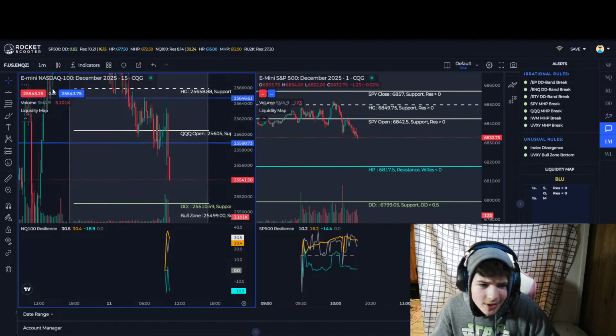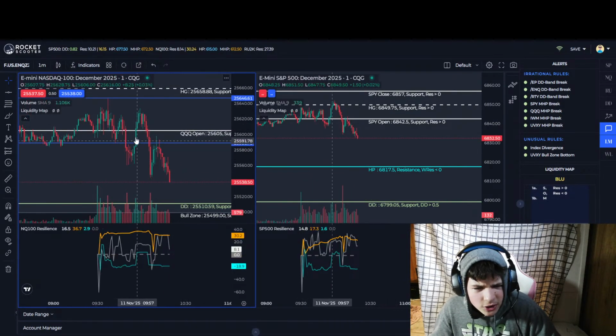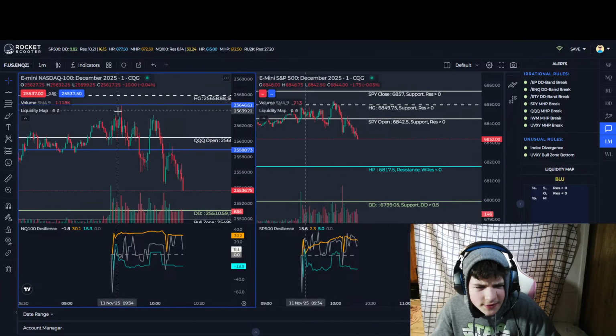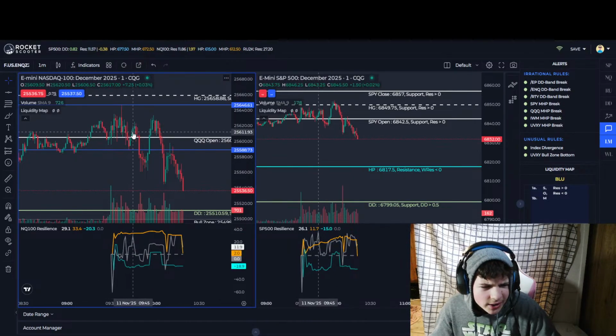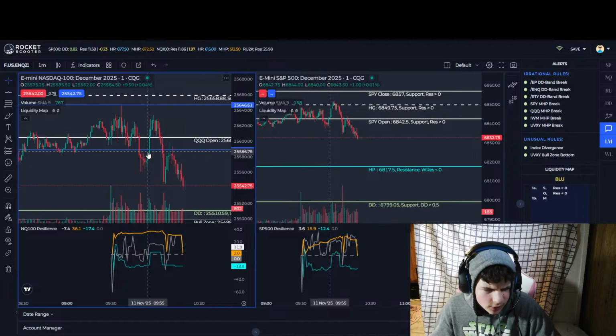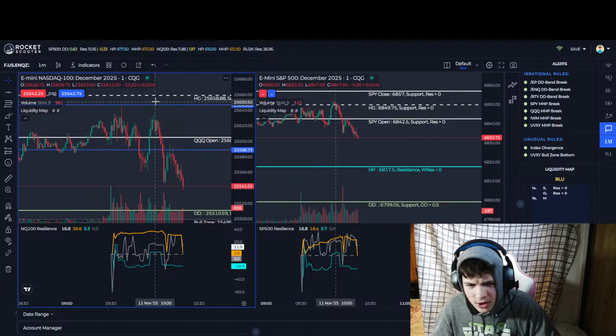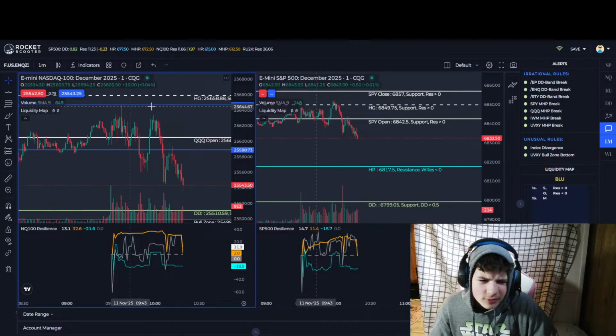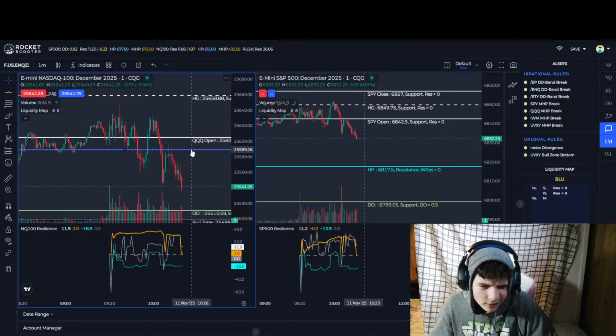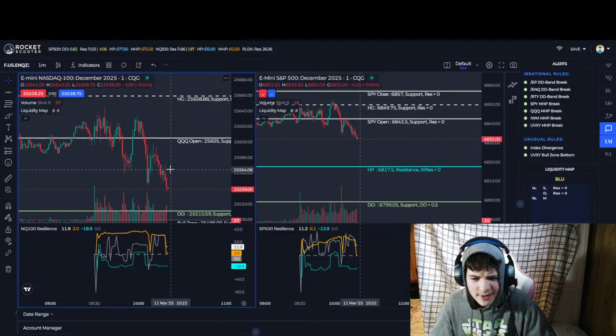Then you'd switch over to 1 minute or 5 minute, and you would wait for the market to either go above or below, and if it went below and retested, you would go short because it's below. Your entry would be here, and your stop loss would be here. This did used to work for me, but it was kind of hard for me to use because I was really bad with risk management.